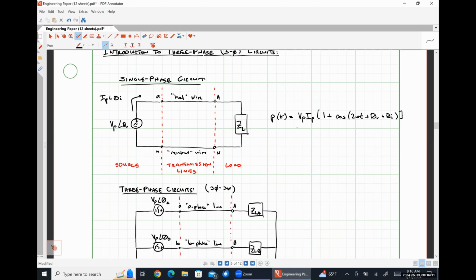Yeah, it absolutely depends on time. There's a time dependency right here of twice omega t. So if we have an electric motor or something like that connected to a single phase system, the power that's getting delivered to the motor is constantly changing. What do you think that does to the motor? Causes it to surge constantly,